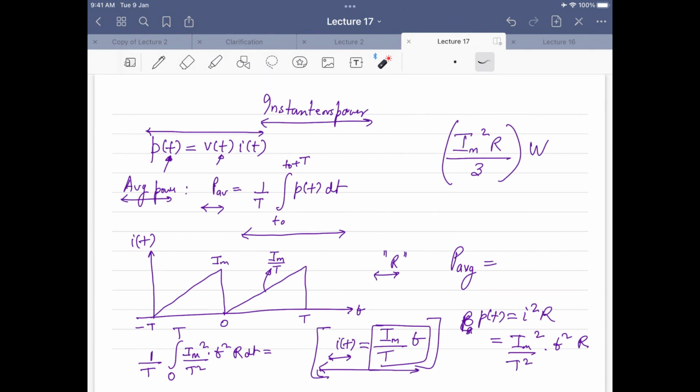So just a normal way of doing these integrations. Be comfortable with the different types of waveforms that you can have, and then try to solve it and get the average power for the circuit. This is a simple question meant to help you understand how to calculate these integrals.